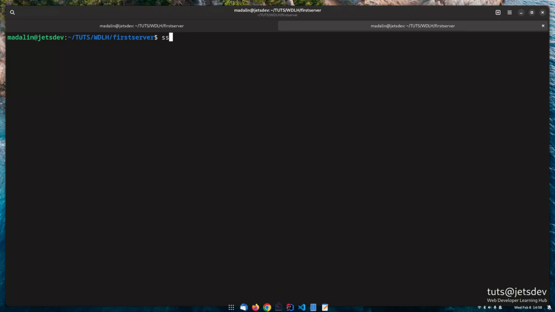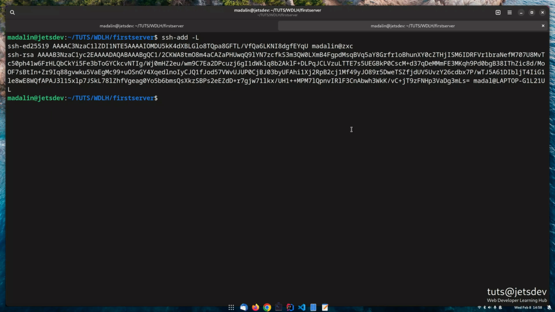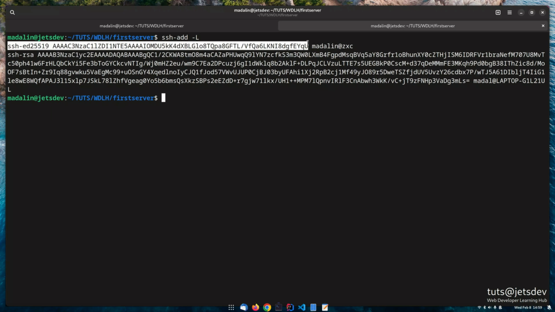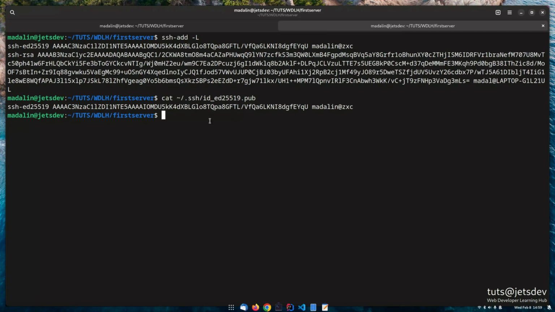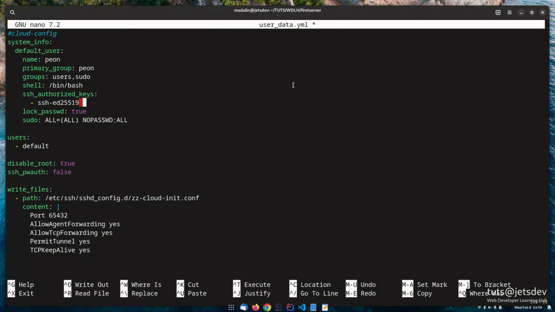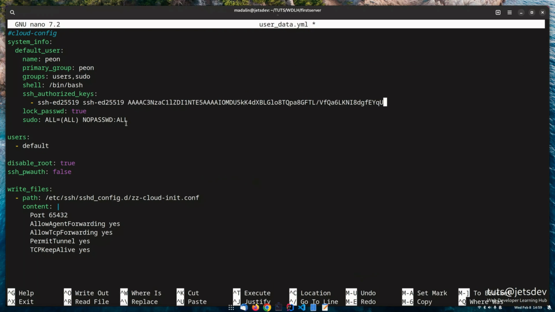I'm going to grab mine from my SSH folder, which is this. You can also read them by using cat .ssh/id_ed25519.pub, or id_rsa.pub if it's RSA, and you can copy it, right? So either way works. So I'm going to add it here, remove the first part,